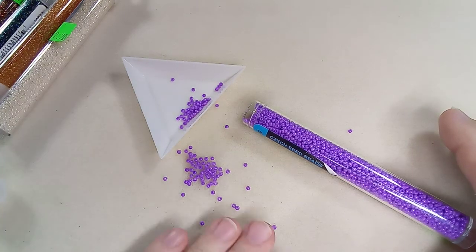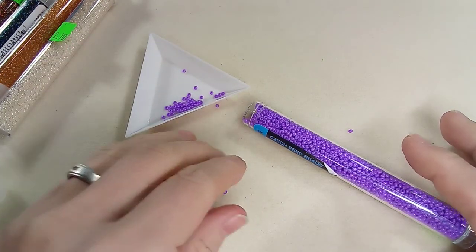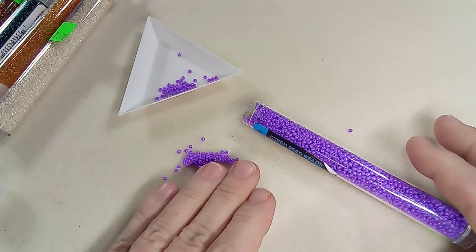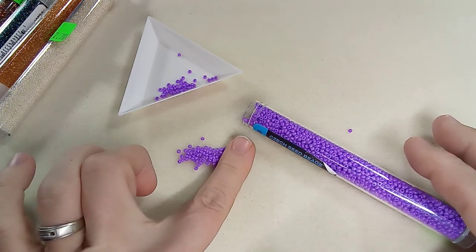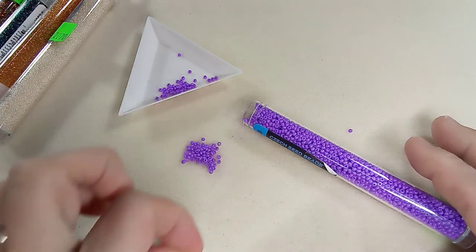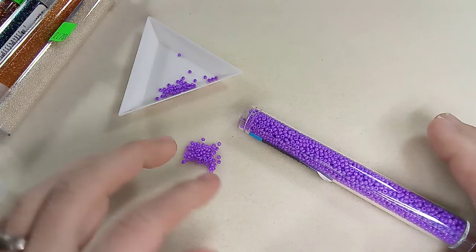So as you can see, I opened it already. This is an unboxing from Butterfly Beads, and it's from their sale on their findings, and they had 30% off everything, and I ordered a ton of stuff. I have to say, I